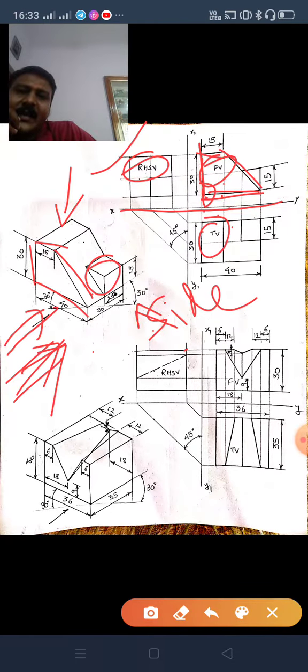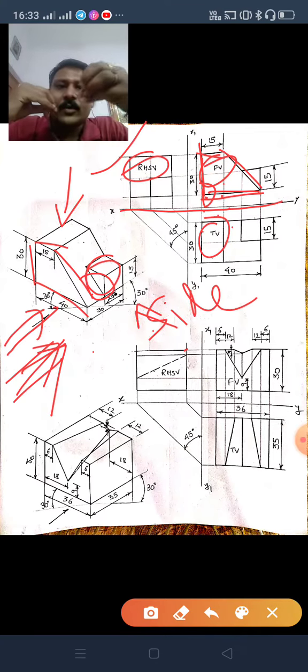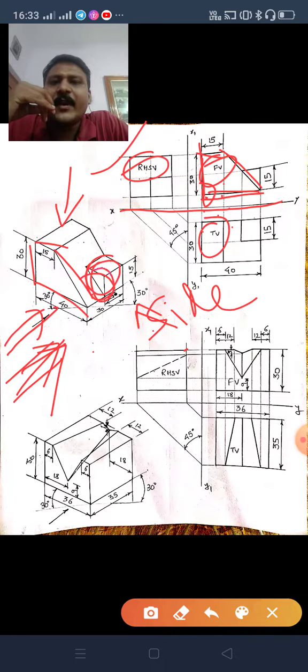Okay, slightly coming out towards the outside. So you are seeing this slightly coming out. This portion is slightly coming out from this line. You will see it like this, so you will get this line. So this height, you know, is 15. So what you will do is, from this point draw 15 mm vertical.